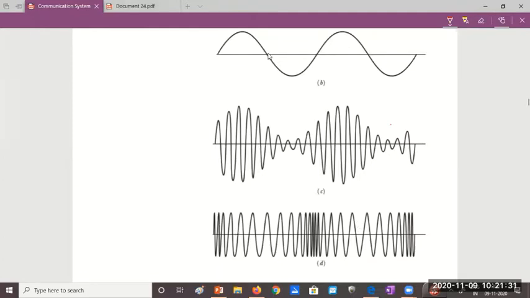See, when you compare this sinusoidal message and this modulated signal, what do you see? You see that the high frequency components, the waveform is closely spaced at the beginning. So here the message is 0, but I'm getting high frequency near 0 message. This means that I have differentiated this message. Hope you remember. We differentiate the message, conversion from frequency modulation to phase or phase modulation to frequency modulation.